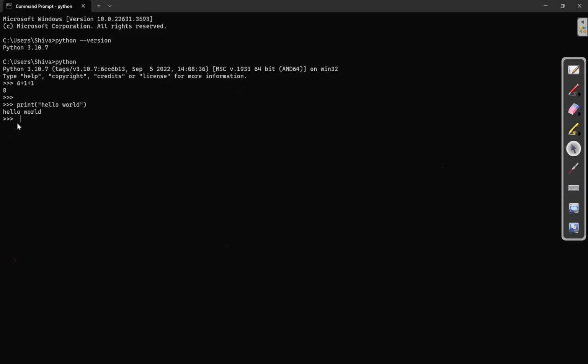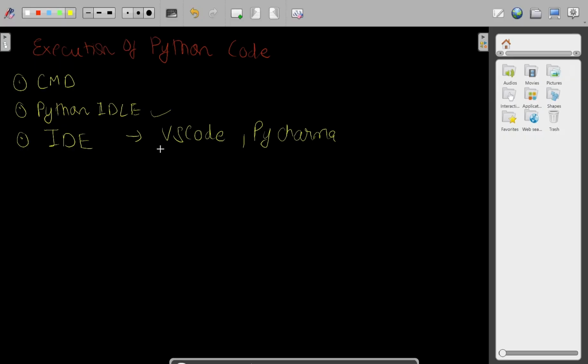But working with Python IDLE or writing commands on the command prompt is a little bit complex, and you will not be able to write complex programs on the IDLE or the command prompt. That's the reason we are using an IDE. That is the third way. An IDE always provides simpler code execution.